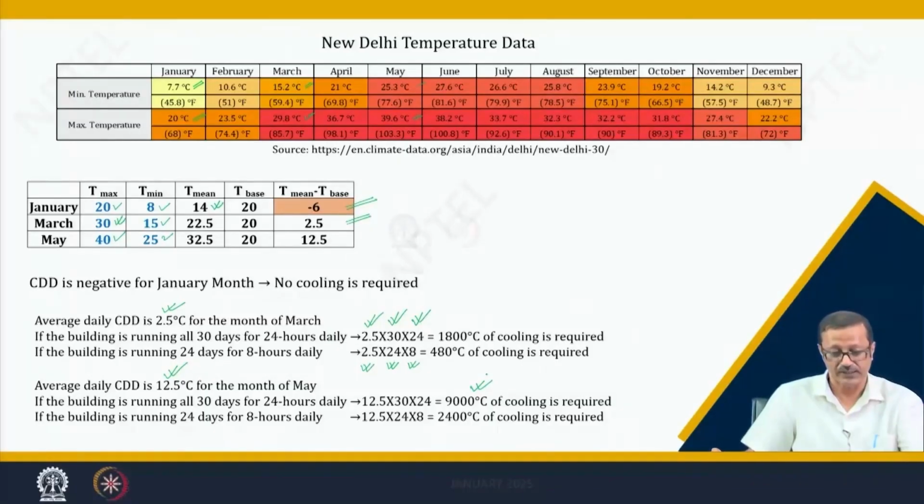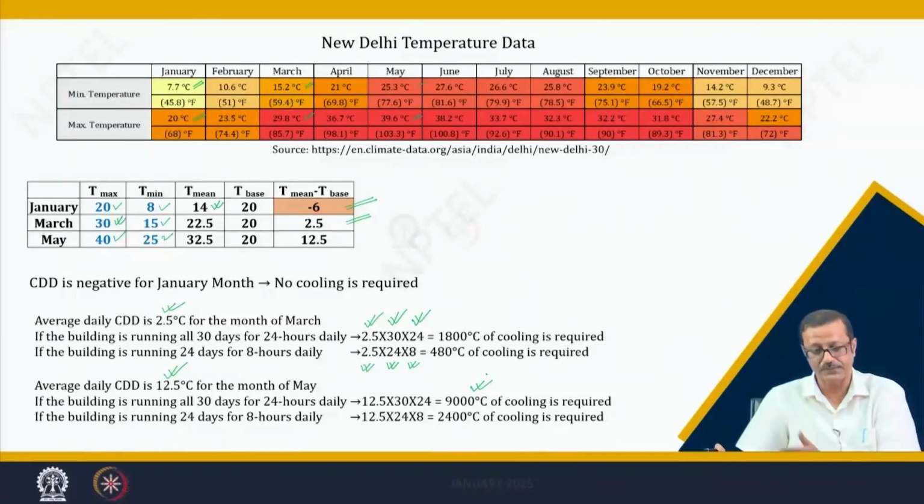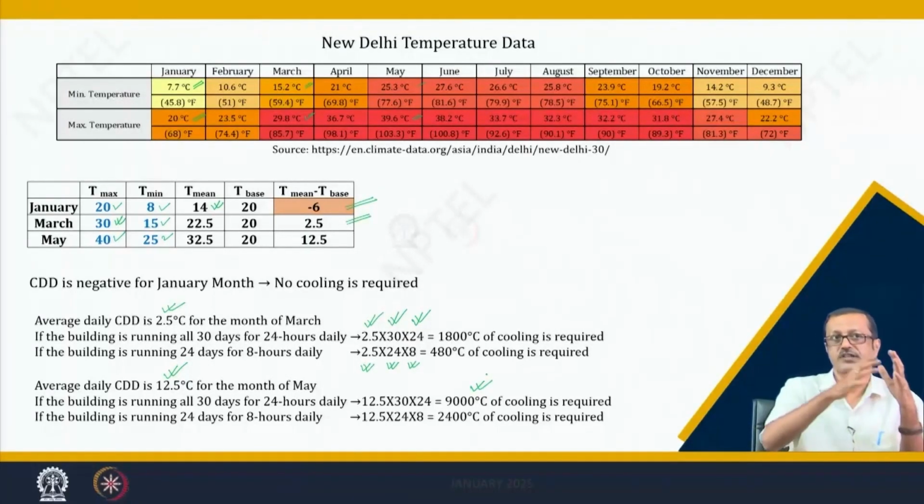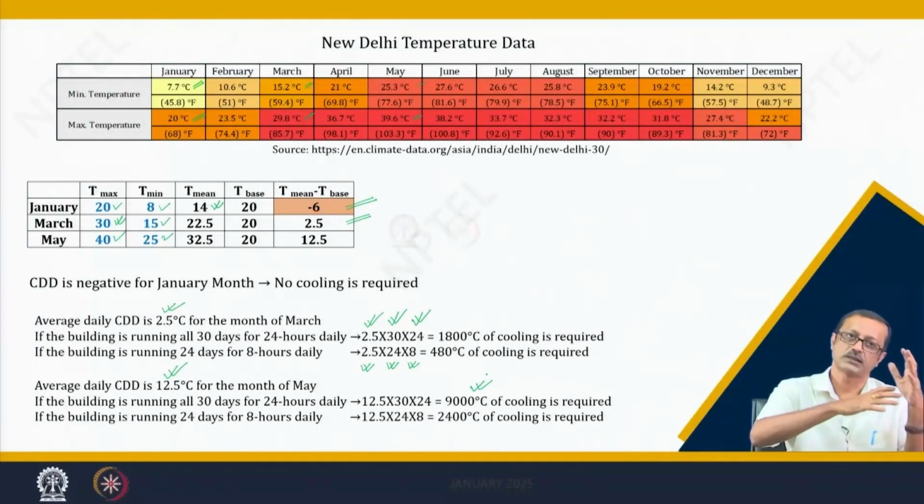Second type of building, 24 days with the 8 hours, you multiply 12.5, 24 and 8. So, 2400 hour degree centigrade will be the cooling requirement. So, now we can really understand that because of the change of the month, due to the change of the